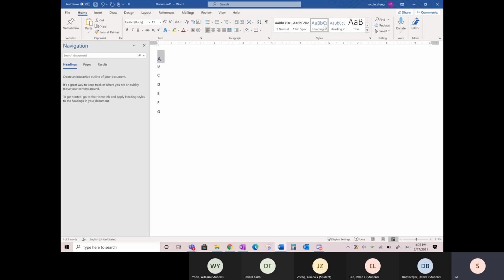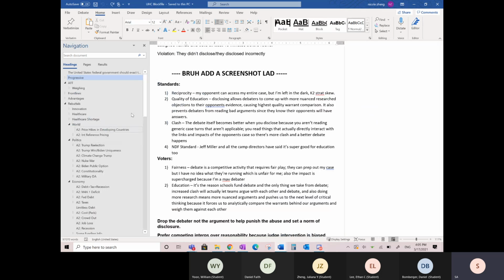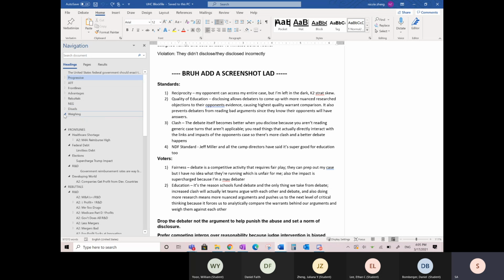If you put heading 1, it'll keep it as heading 1, and then let's say this one's heading 2, it'll tag it underneath, right? And then heading 3. I think you can keep going. And then heading 4. Okay, so there's just 4, but you can also collapse them if you want. This just makes it a lot easier to find your arguments. And so if we look here, if I squish all of this,